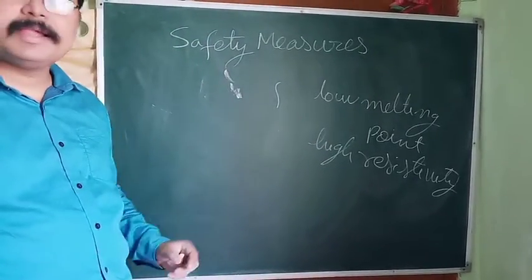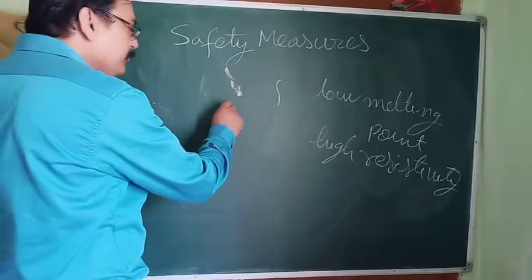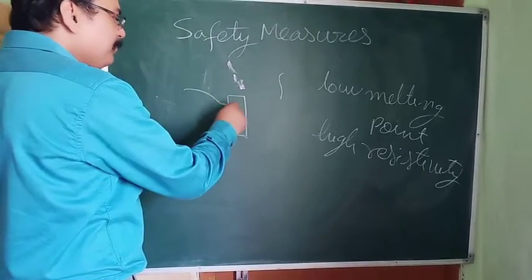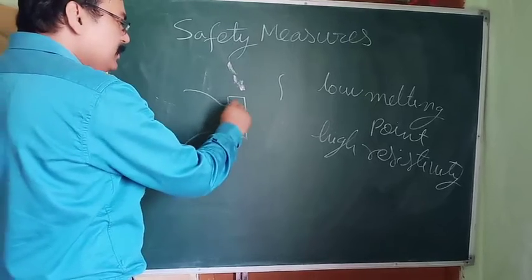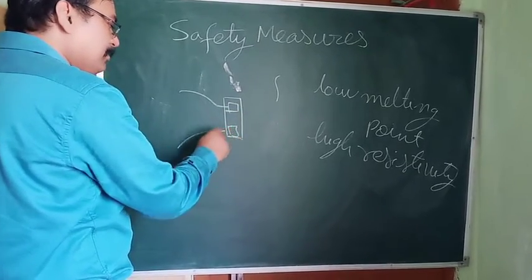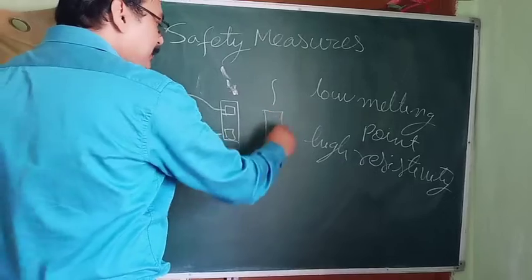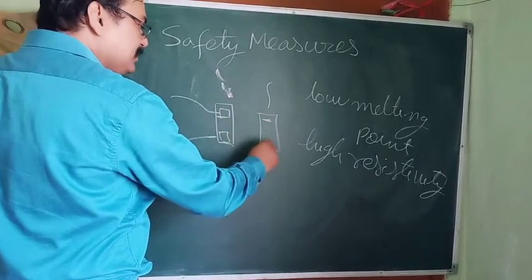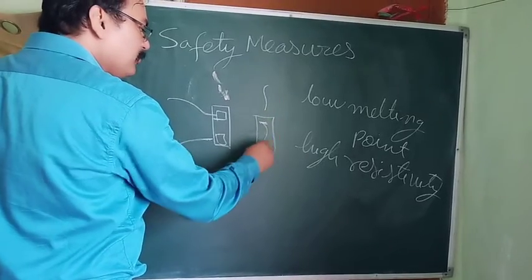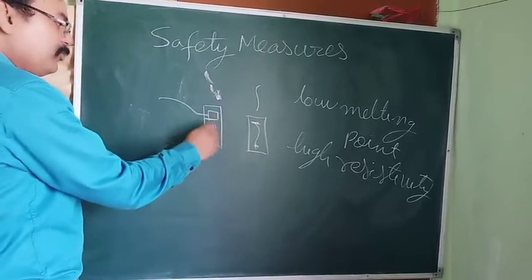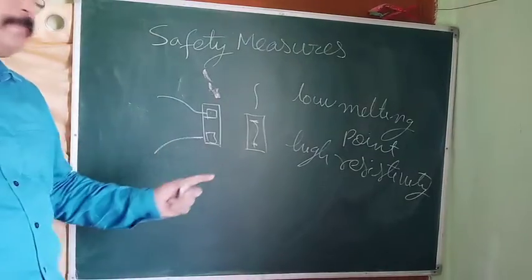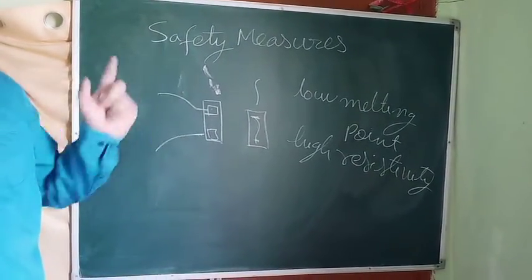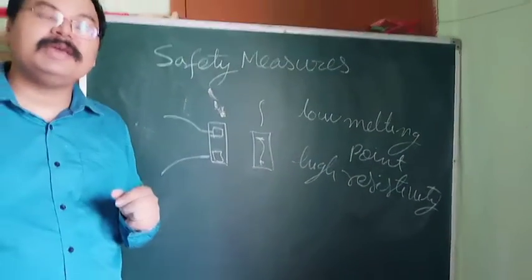This is a wire, and you might have seen the fuses, earlier the stone fuses were there. The wire coming from outside is connected here. A metallic part is there, and here one more metallic part is there. And this is another piece of stone, in which a clamp is there here and a clamp is here, and you used to put this wire like this, and when you connect this, then both get connected and current flows. This is connected in series with the household circuit or all the circuits, near the mains.